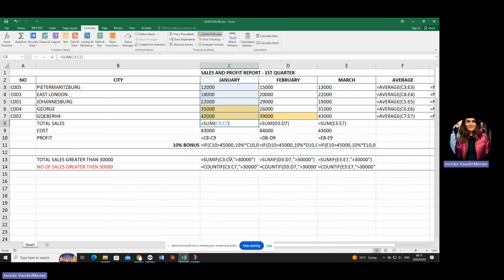By the way, what is the difference again between a formula and a function? Formula: division, subtraction, multiplication, addition. The function is built in. Sum, if, count if, average, large, small, min, max. Okay. So that is the reason why I'm asking you number 2. I mark your formulas. So you have to know your formulas and you have to know your functions and understand.